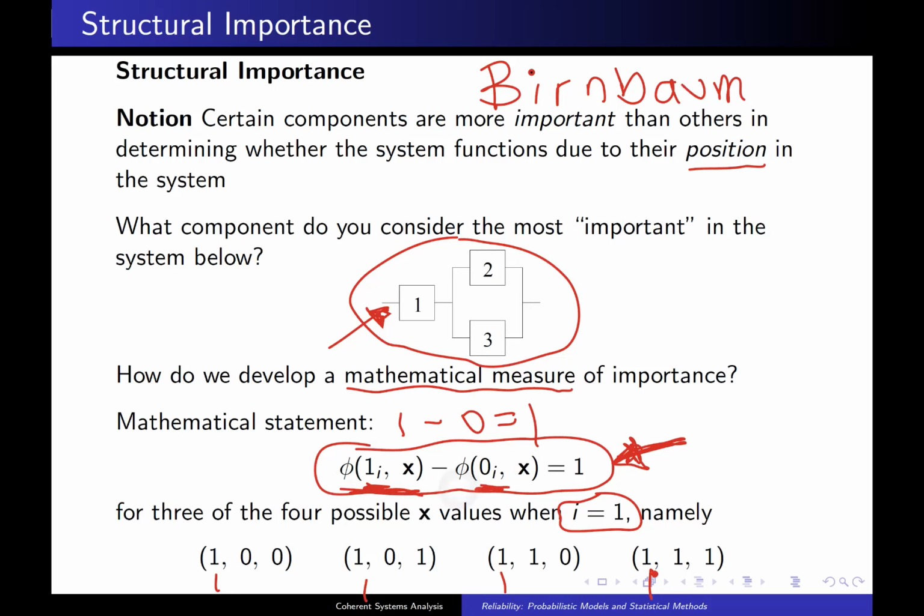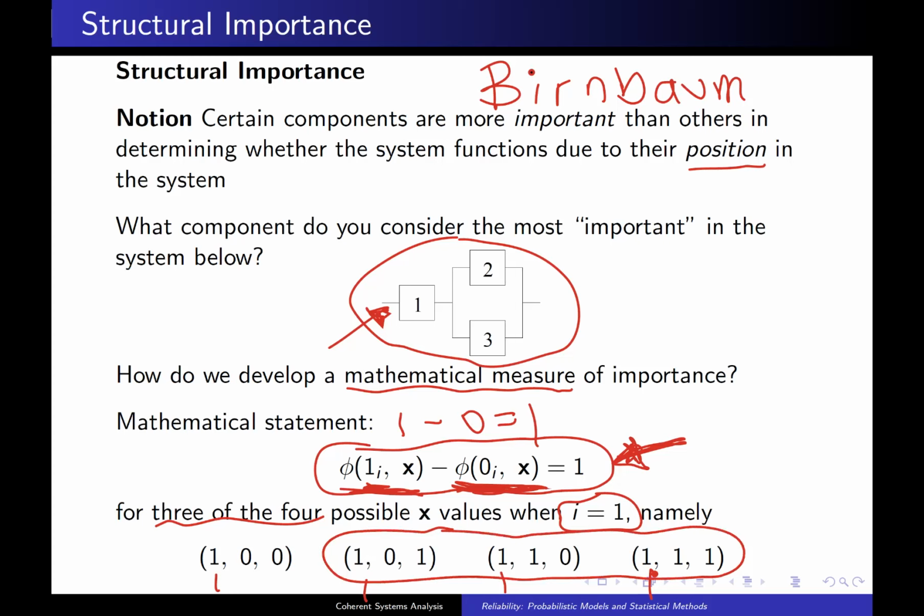Now in the second term, what we do is we take that 1 and we take it from functioning to failed and ask, did the system go from a 1 to a 0? Well, it turns out for 3 of the 4 state vectors that you see below, namely these right here,